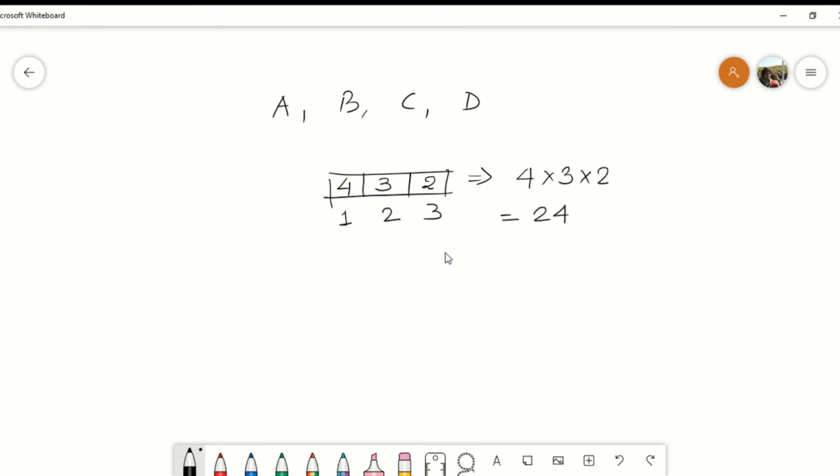Now we have touched the basics of permutation and combination, what they mean. In the next videos, we'll expand upon permutations and combinations, the formulas where you can directly calculate these values. Also, right now we have discussed the number of ways of arrangement when we have distinct items, but there may be cases in which you have repeated items, or some problems on word formation, number formation. So all those things we'll discuss in the next few videos as we progress along for this permutation and combination chapter.